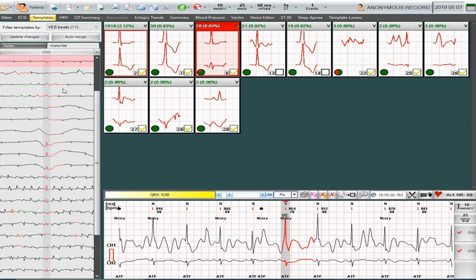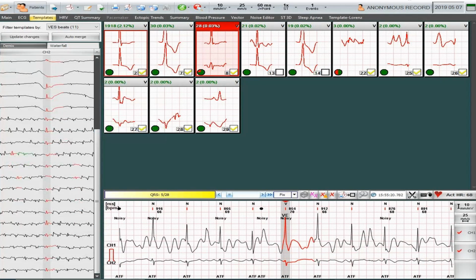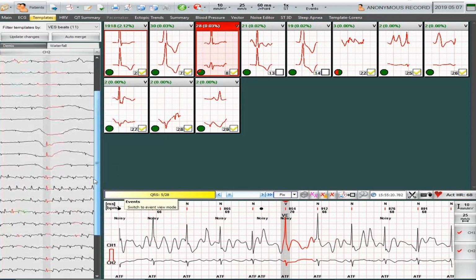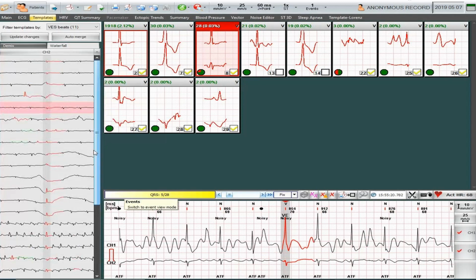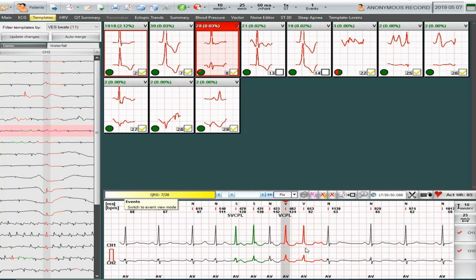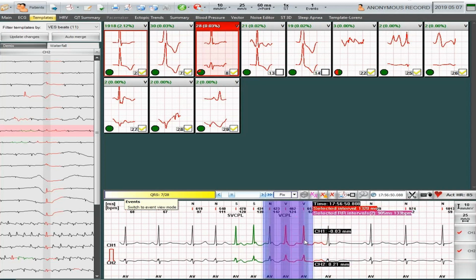If we investigate some beats, we can find that there are some ventricular beats in the cluster. The simplest way again is to rename them as noise. There are only a few of them, so we won't lose much if we lose some normal beats. There's an interesting section. It is a question of decision, but it may be a supraventricular tachycardia, so we rename these beats to supraventricular.